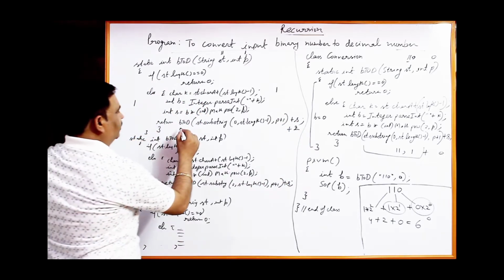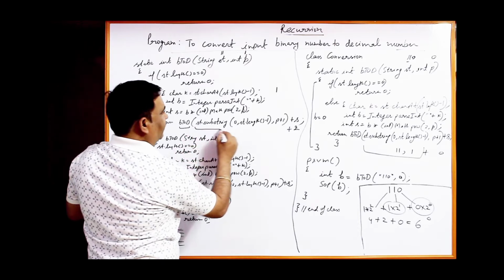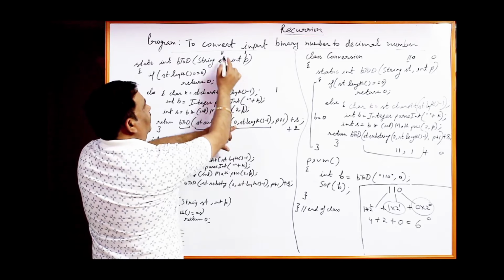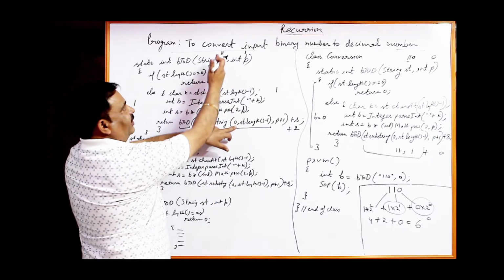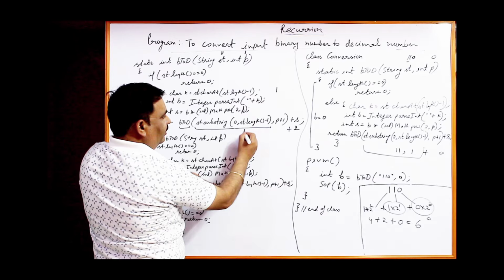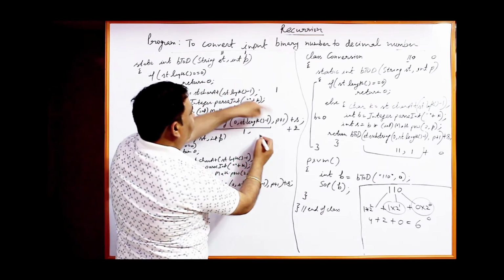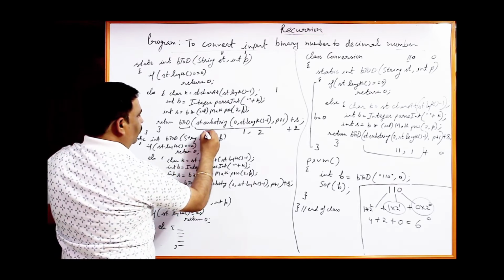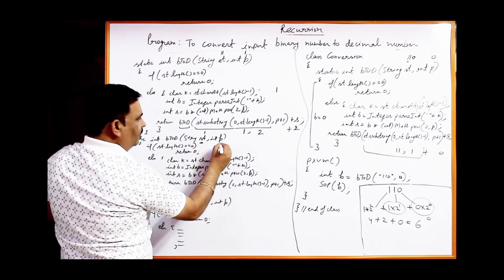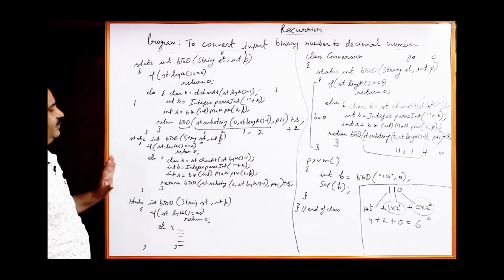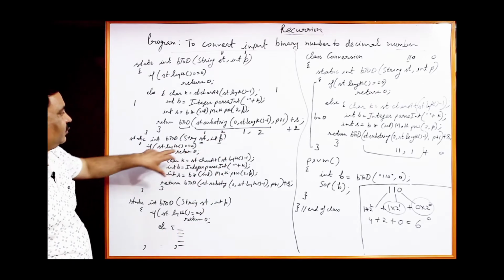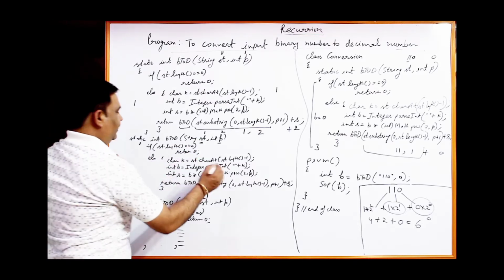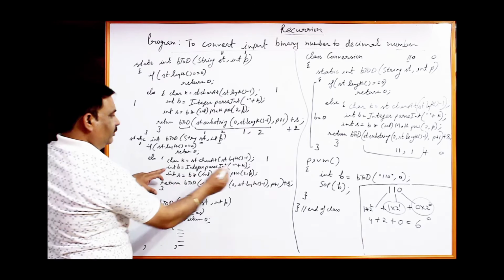Call this function again, b2d, by passing 0 comma st dot length minus 1. It means this time one more digit, the rightmost, will be removed. Only a single digit will be passed, that is 1, but power will be increased, 1 plus 1, 2. So in the next function call, the value of st is 1 and the value of p will be 2. Power is increased. Again length is not 0, length is still 1. Come to the else, extract the same character, 1 will be extracted and converted into integer, b will become 1 again.